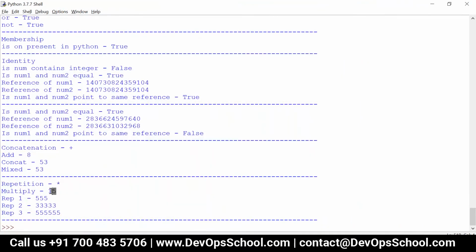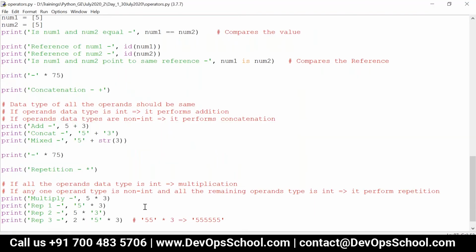So now you can see the output. Multiply is 15. Repetition 1, that is 3 times 5, is getting printed. 5 times 3 is getting printed. And 6 times 5 is getting printed. So this is how it works. The last one takes the order only from the start.